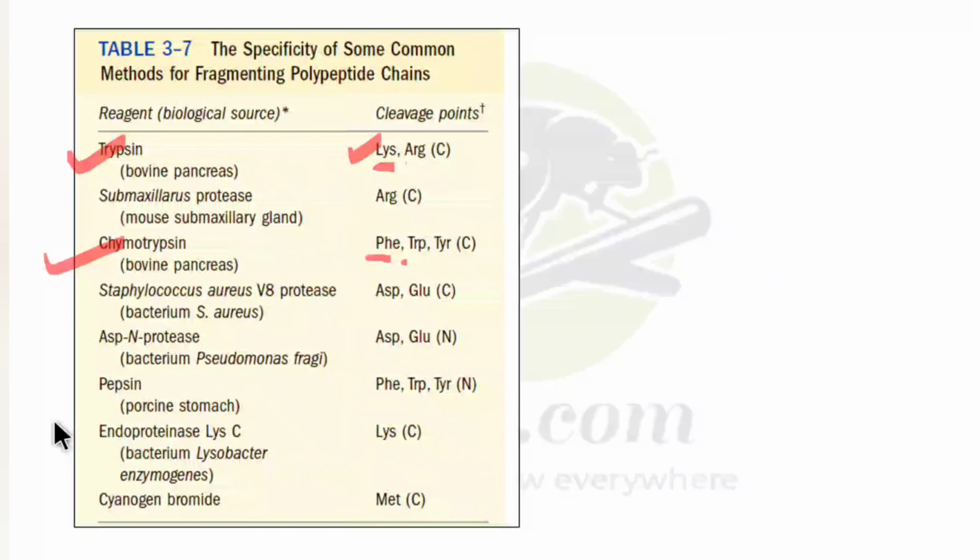And for cyanogen bromide, it is the carboxy terminal of methionine residue particularly. And the cleavage site of pepsin is just opposite of chymotrypsin, that is the amino terminal of phenylalanine, tryptophan and tyrosine.